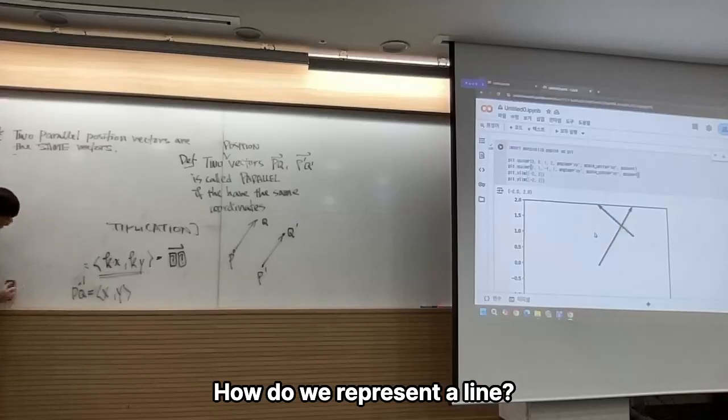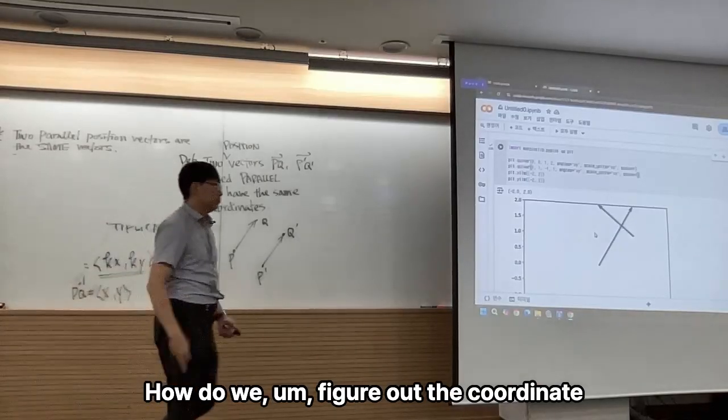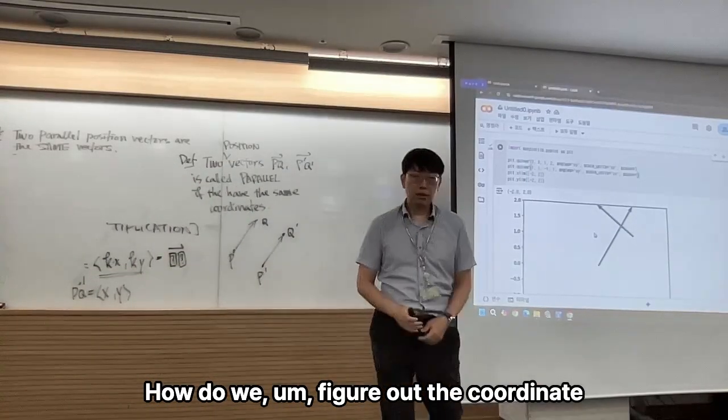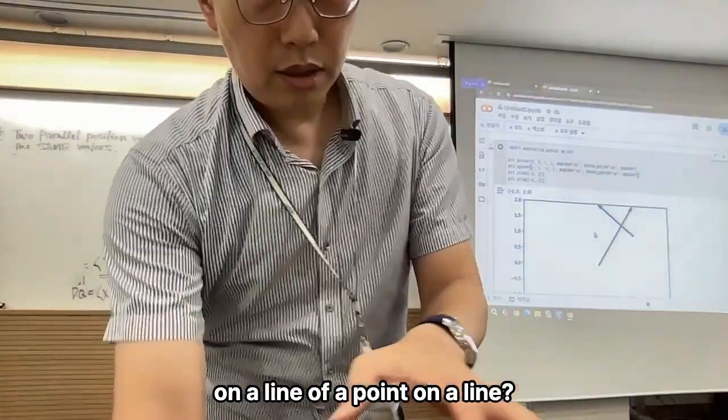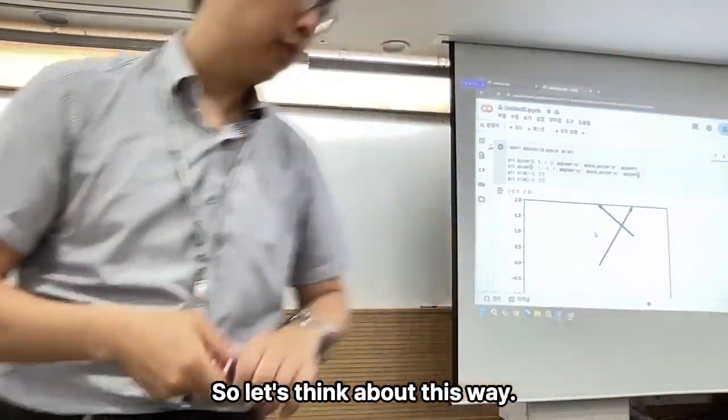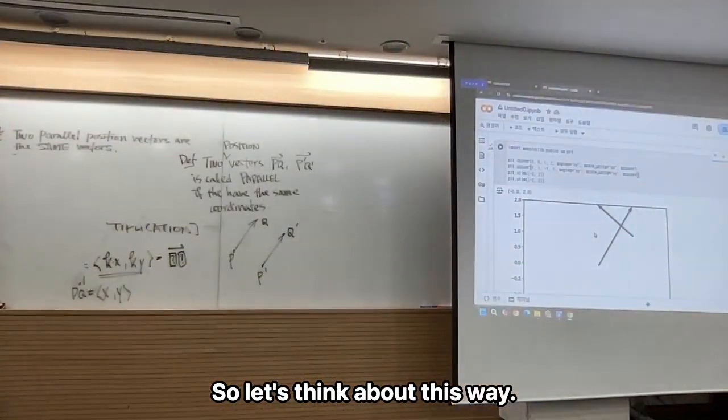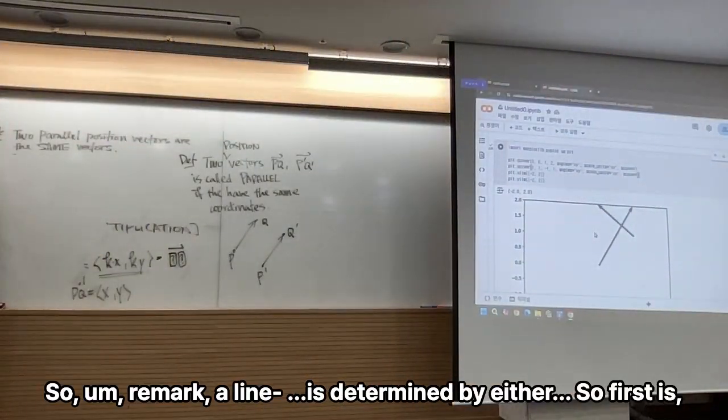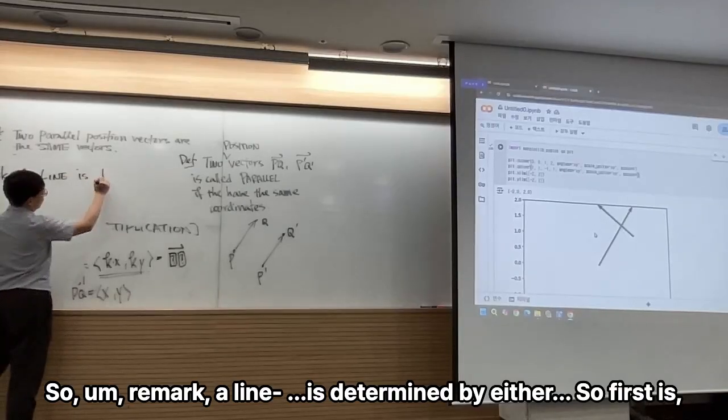How do we represent a line? How do we figure out the coordinate of a point on a line? So think about it this way. Remark: a line is determined